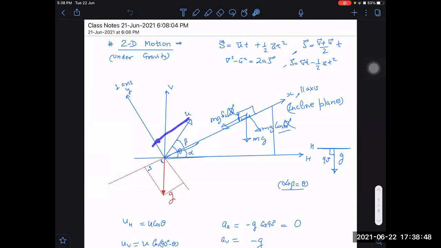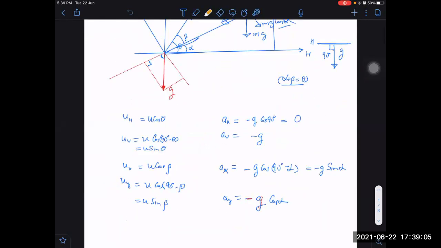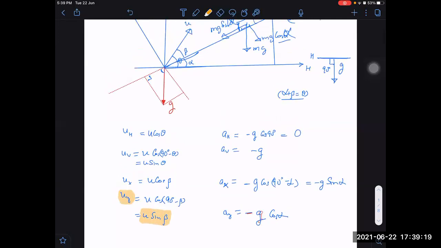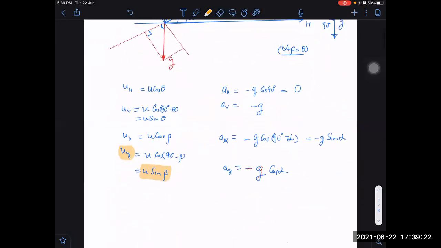What is the y component? u sin theta? u sin beta. Vertical y component, because this is 90 minus beta. Think in terms of cos. Cos 90 minus beta will give us sin beta. So what you said for uy was wrong. Let me warn you here. uy is equal to u sin beta. The rest, those who are responding are saying right, but everybody should be able to say it in such a way. Okay.